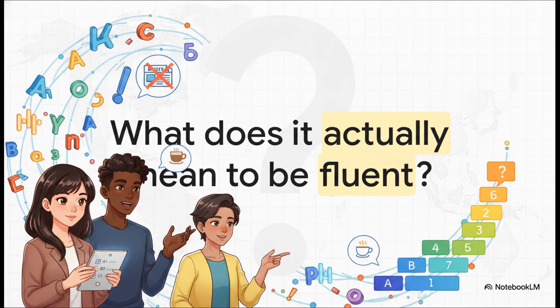So, what does it actually mean to be fluent? Like, if I asked you right this second to mentally place yourself on a fluency scale, where would you land? You might be thinking, well, I can order a coffee in Spanish just fine, but there's no way I could read a newspaper. To solve this exact kind of ambiguity, educators created this whole alphabet soup of language levels that you've probably seen floating around. A1, B2, C1. Today, we're going to decode exactly what those letters and numbers really mean for you.